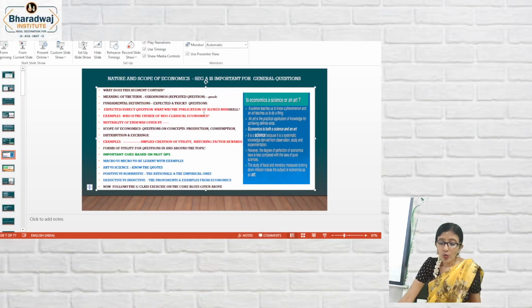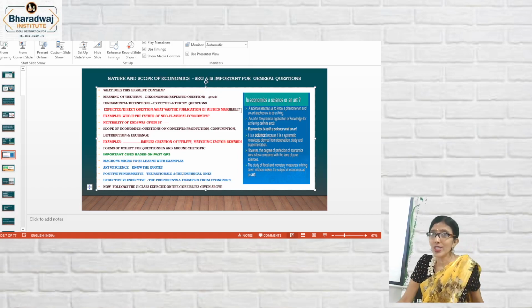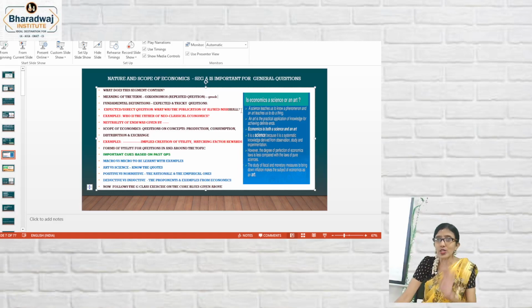Then another thing which comes under this is a direct and expected question: the publication of the 4 economists who have given the 4 definitions. What are those definitions? They come under wealth definition, welfare, scarcity and growth. Now please answer this question as a class exercise. What was the publication of Alfred Marshall? Publication, name of the book in which he published. Principles of Economics. Like that question will be there.